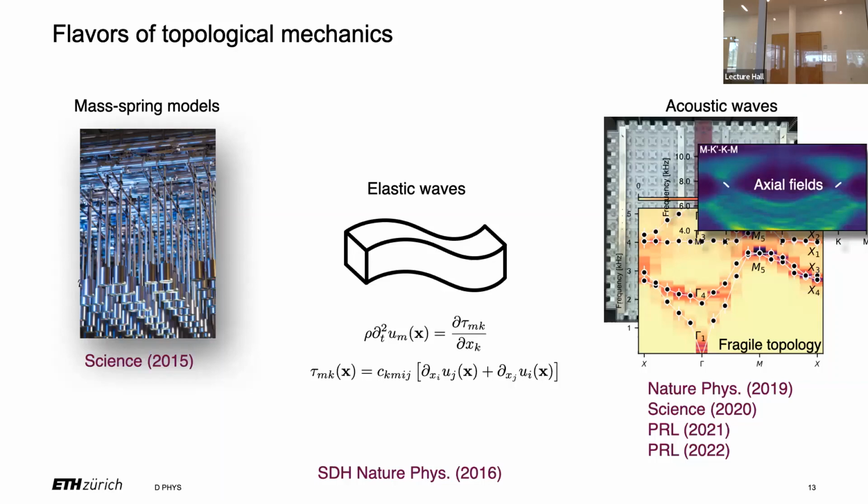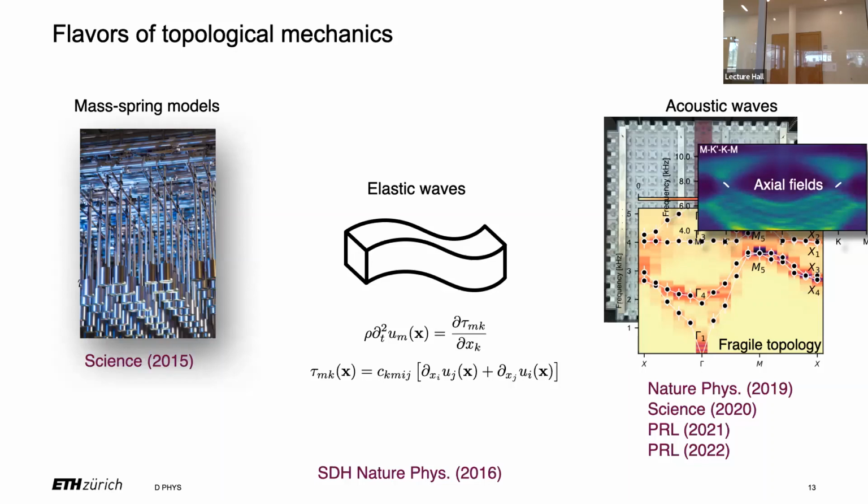Because dealing with this fragile topology, you see the sample there in the back, allowed me to gain much deeper understanding of fragile topological bands, which then allowed us to make progress also in the description of superconductors. Now, our collaborators in Princeton, Andrei, they ran that experiment, because also Maia understands fragile topology from the outset. I didn't, but the experiment helped me. So that's just our playground there.